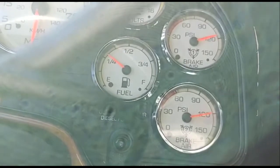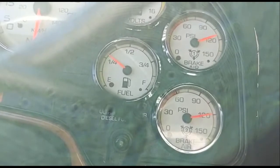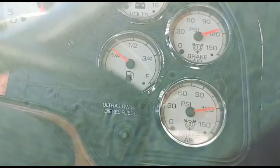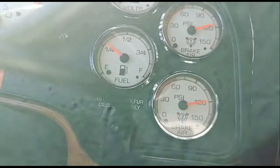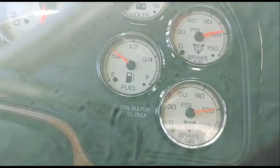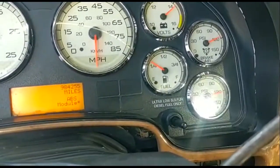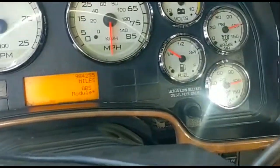So let me go ahead and put it back a quarter turn. That should be ideal. Let me pause the video again and I'll show you. Okay, so let me go ahead and finish up this. I made the adjustment to 3/4 of a turn. As you can see,